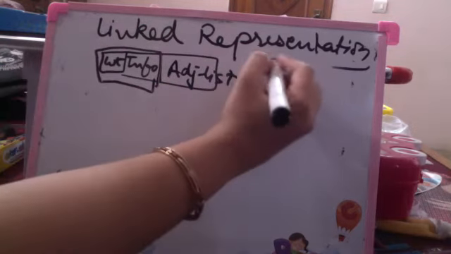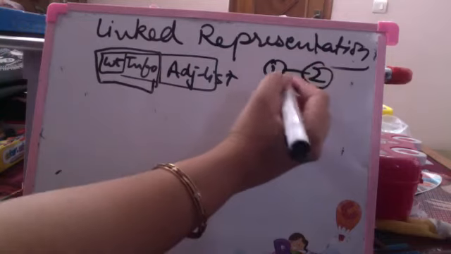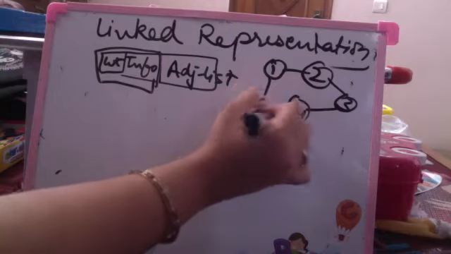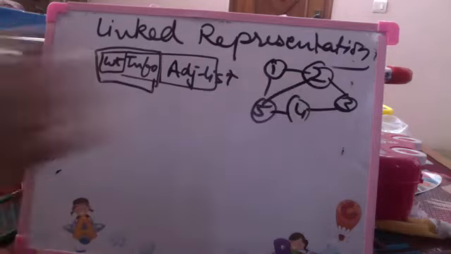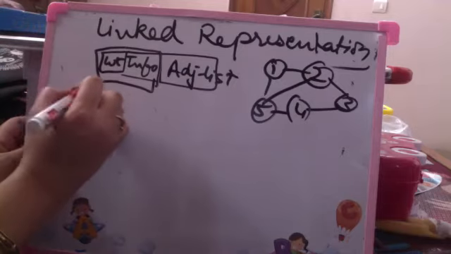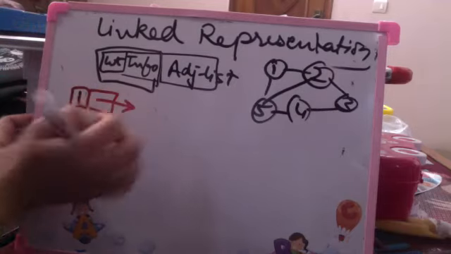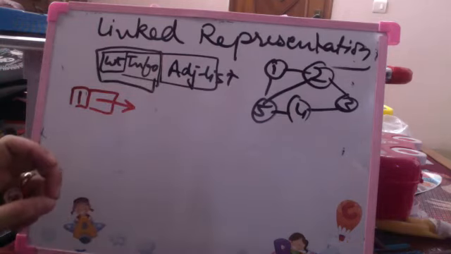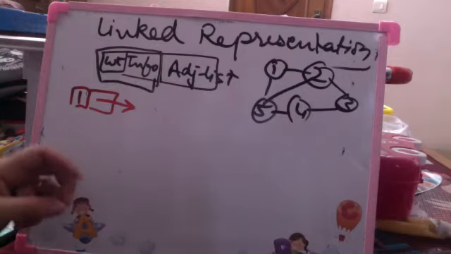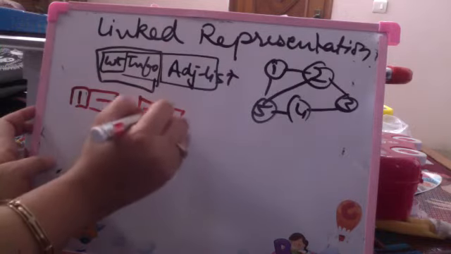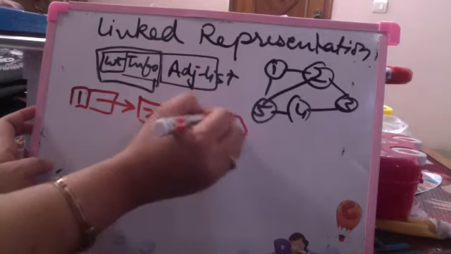So for example, I have a graph which is connecting some of the nodes. I'm just giving an example. The adjacency linked list representation comes out to be: I have a node 1 which has an adjacency list connection to the adjacent nodes. What are the adjacent nodes of 1? 2 and 5. So I am storing 2 and 5 in the linked list.